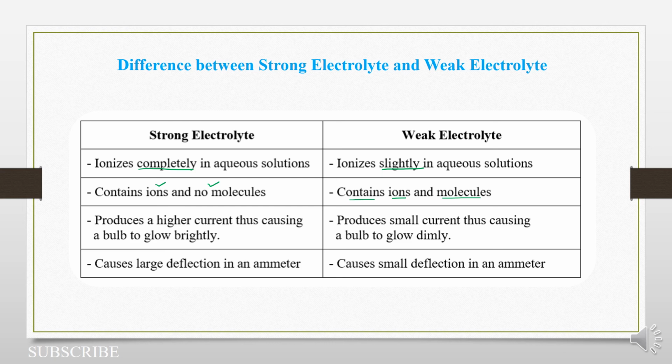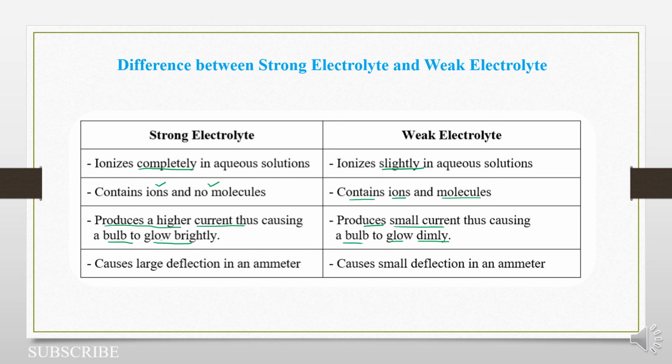Then strong electrolytes, because they ionize completely, will produce a higher current, thus causing a bulb to glow brightly. Because they can fully dissociate, fully ionize, the electricity that will pass through will be high and the light will glow brightly. While weak electrolytes don't completely ionize, yet it's the ions responsible for conducting electricity. As such, they produce a small current, causing the bulb to glow dimly, not as bright as the strong